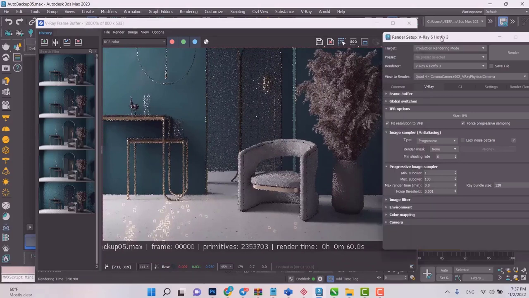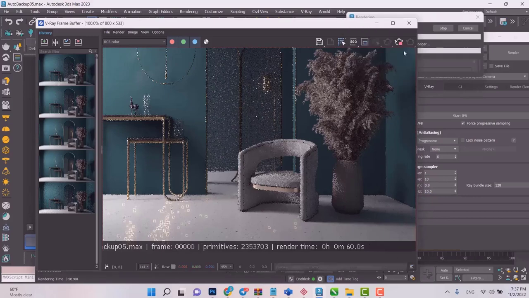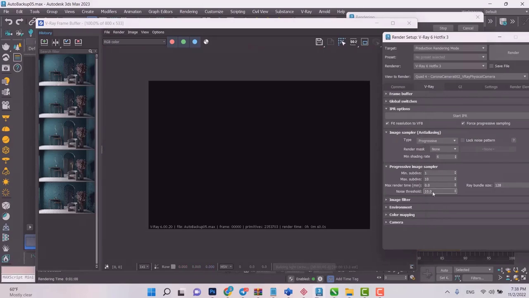Okay, so let's just recap what we learned here. For our test renders, for max subdivisions, I usually put a number like 10, for example, because it gets the job done really quickly. And also for the noise threshold, I put 10, and the numbers that I just put in would give me a very good result for my testing purposes, and I could just look at that test render very quickly and decide what to change about my scene.